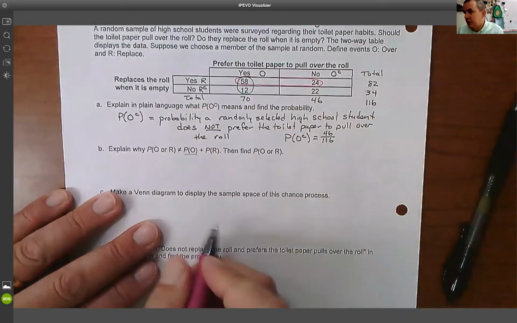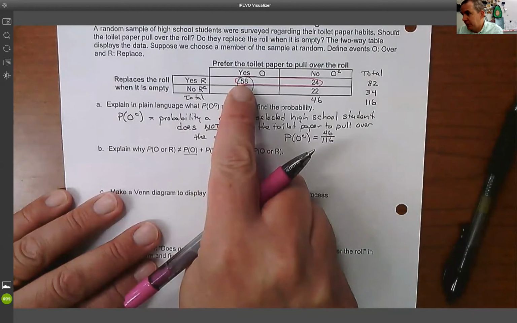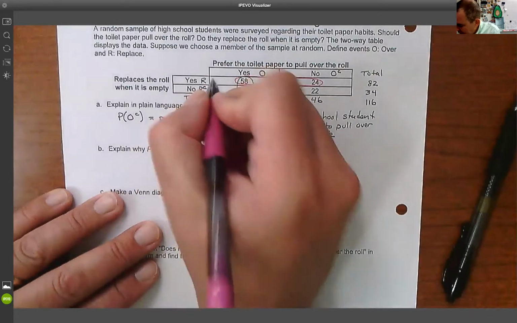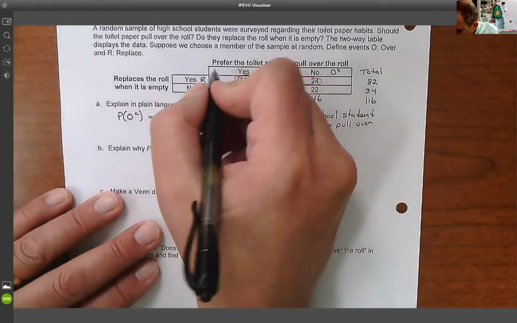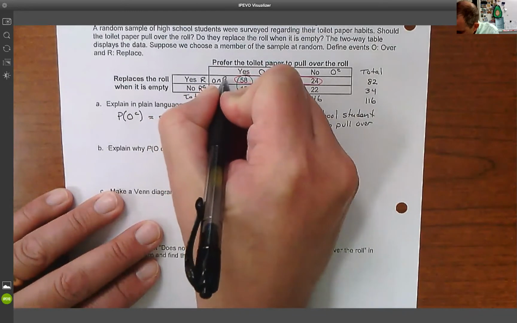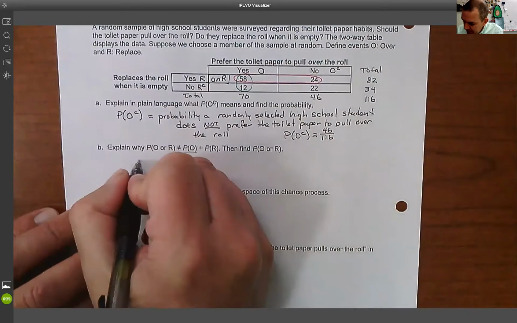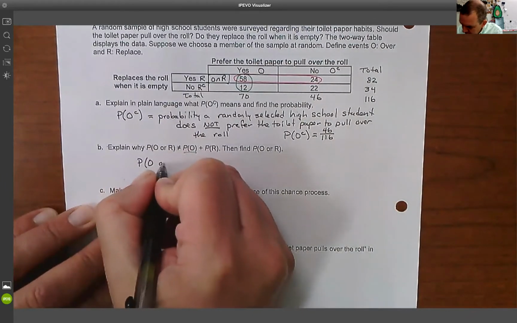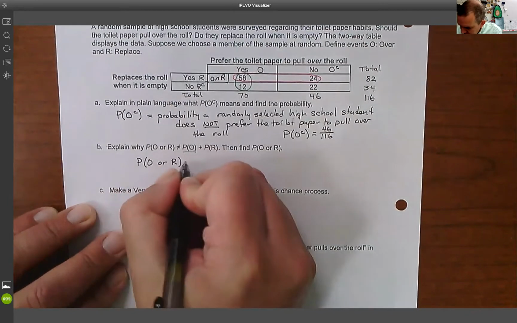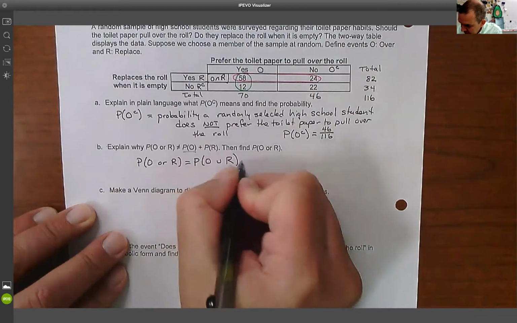And if you notice, we end up with an overlap. We end up double counting the people who prefer it over and replace the roll when it's empty. So these people right here, really what these people are is O and R. That's who these people are, O and R. So the probability of O or R, which is also written as the probability of O union R, is equal